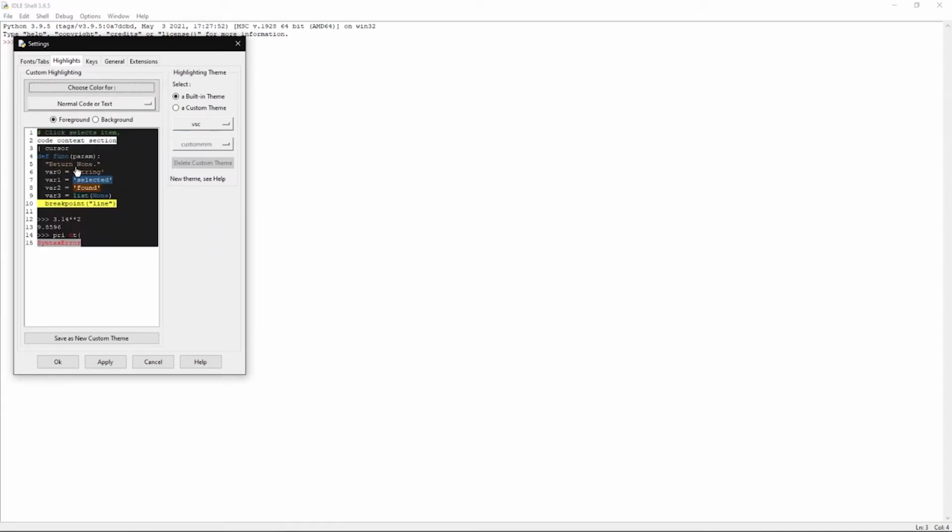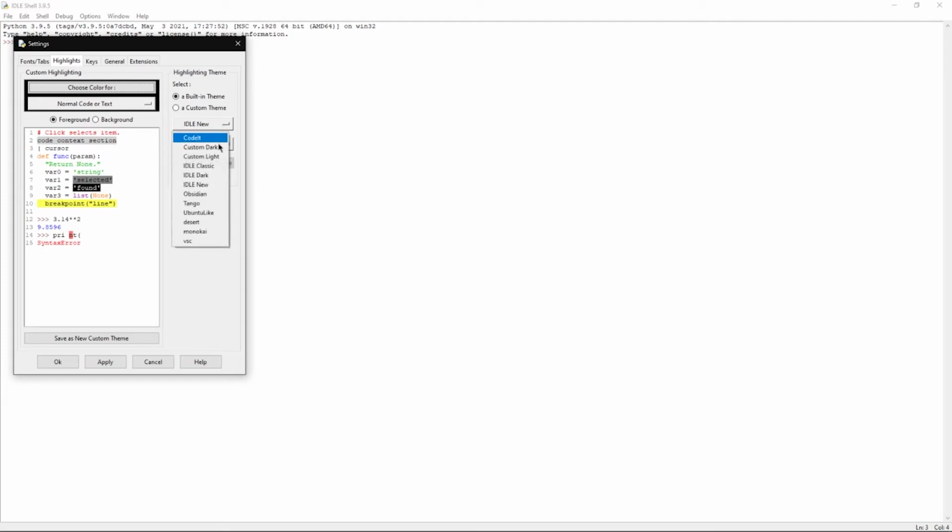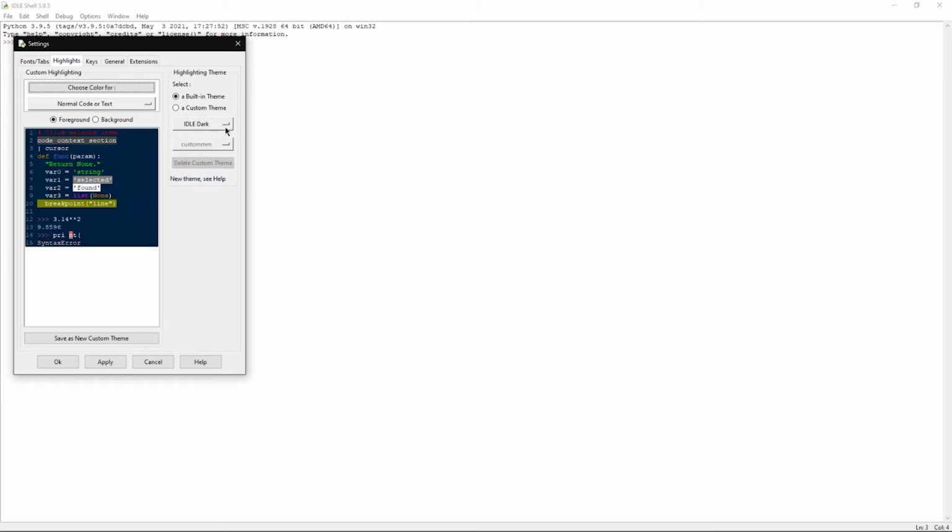You can see the preview of any of these themes or presets. Whichever you want you can apply in your Python. So many things I gave you, like Ubuntu, that coding structure. It is Tango, and it is Obsidian, and it is IDLE Neo. I don't like that. IDLE Dirt is also good, or preferably go to the Desert one, or maybe this VSC one, because I like the dark themes most.